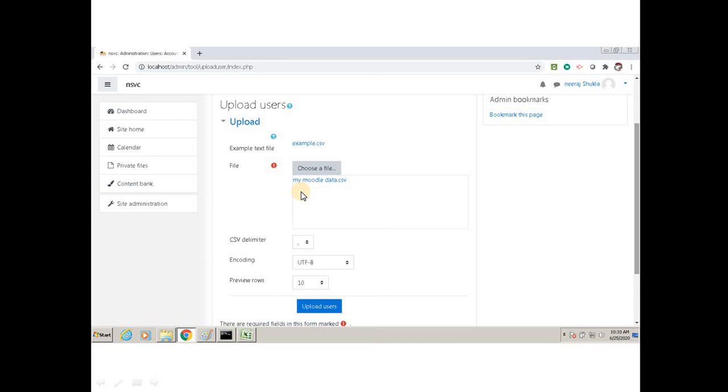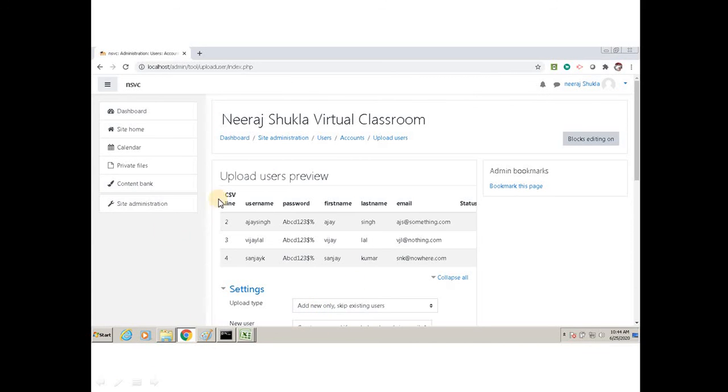So either choose file or drag and drop the file, in both cases it will be visible here, and then when you click on upload user, your users will be visible here. Okay. So this is the simple thing where, in our virtual university or virtual college or virtual school or virtual coaching, we manage our users.